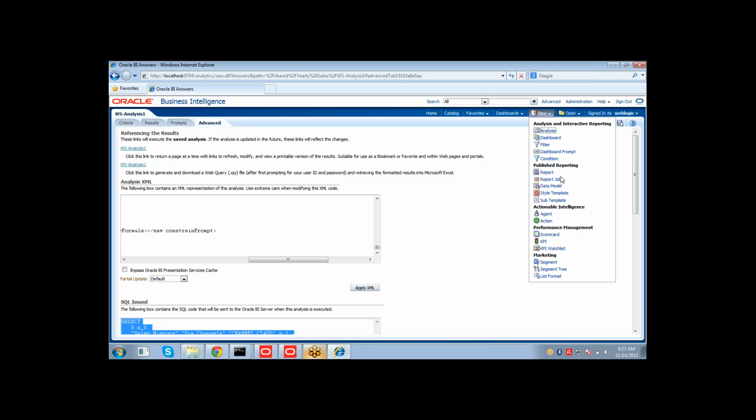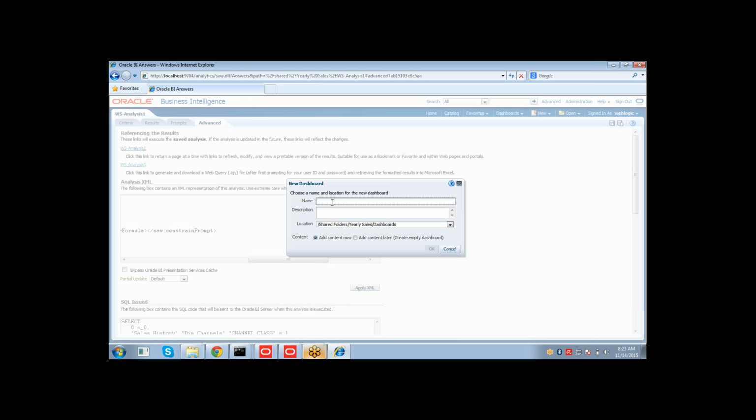And the other thing we have is creating the agents. Okay, the other one is dashboards. How to create the dashboards? Click on the New menu, click on Create Dashboard, and remove the dashboard,